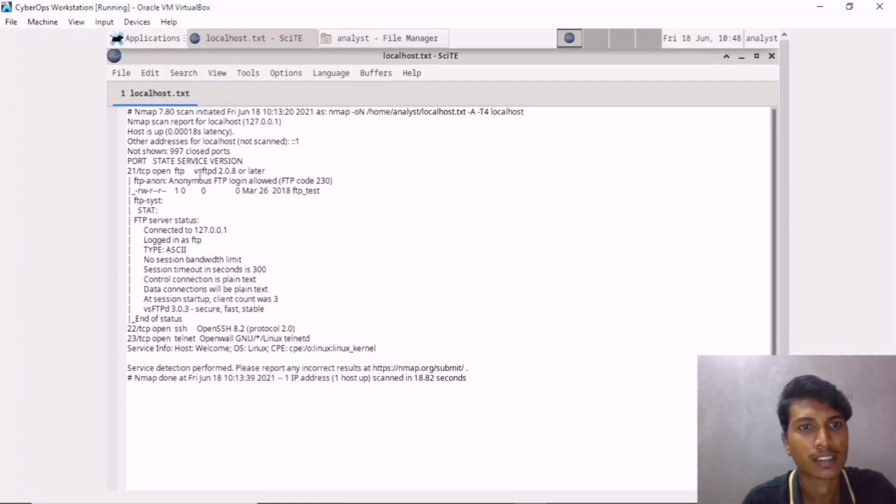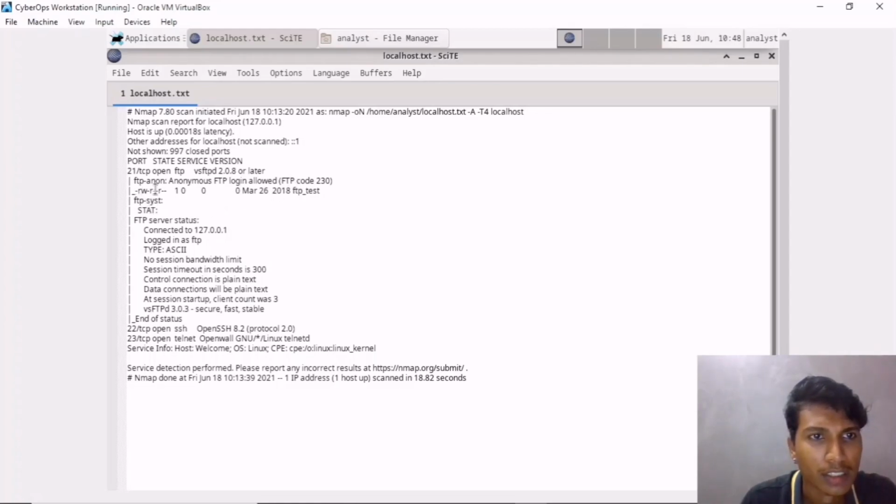The port, state, service, and version: the port is 21, which is TCP. The state is open, the service is FTP, and the version is vsftpd 2.0.8 or below.